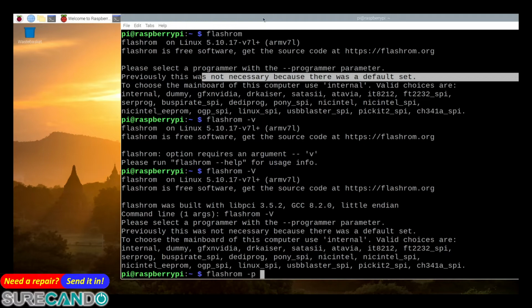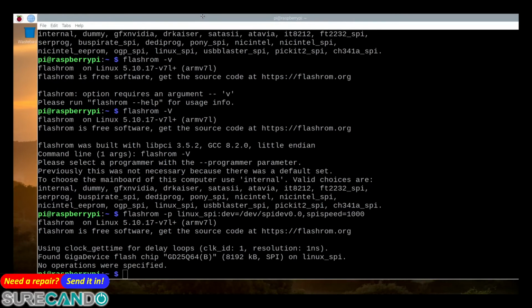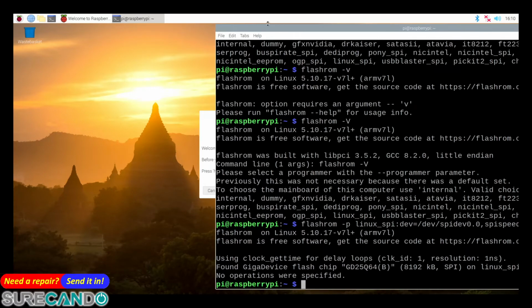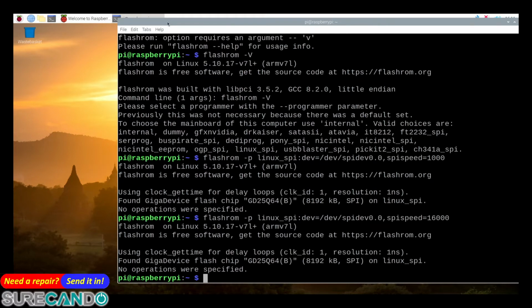So what we do, -p linux_spi, device is /dev/spidev0.0, spispeed. Look at that. Nice. So for a long time I've been making this mistake where I use 1000 as the speed, and later on I realized I can change that to a nice number like 16,000 and still be able to read